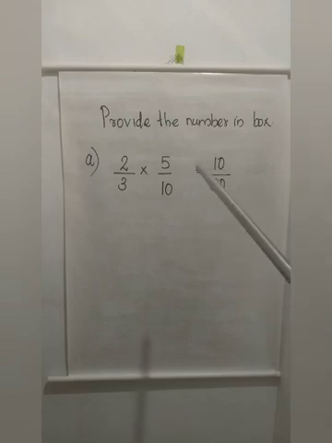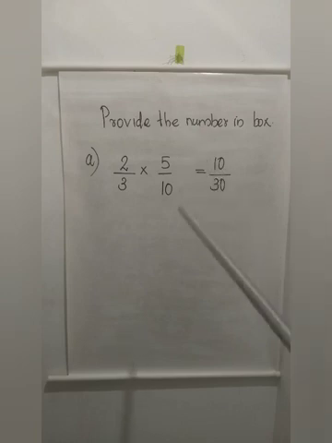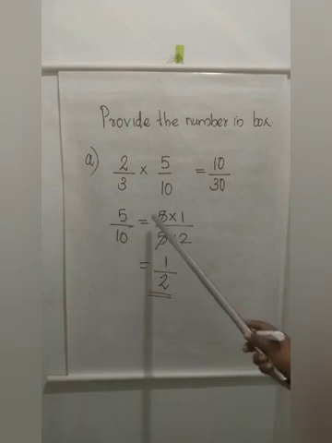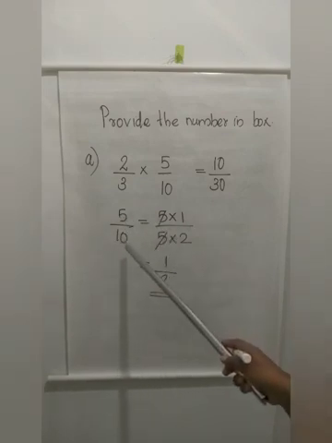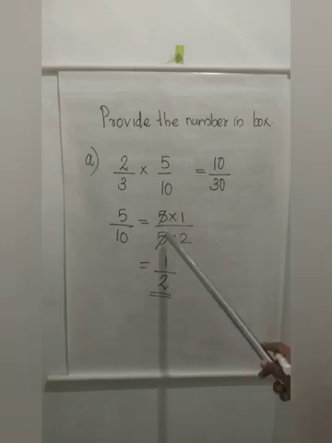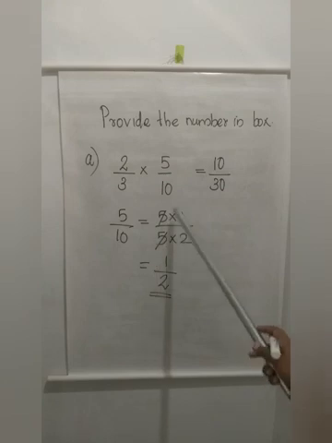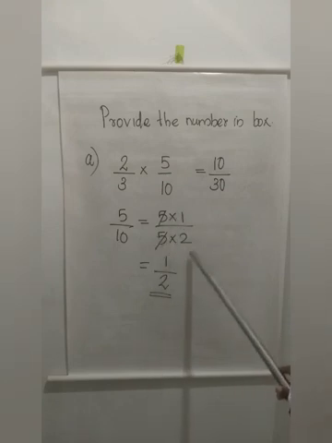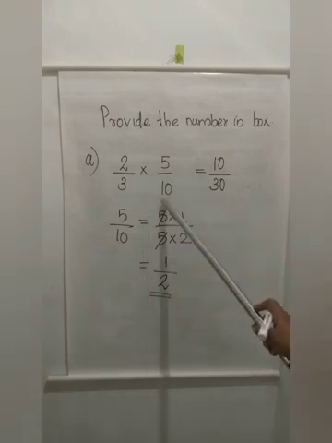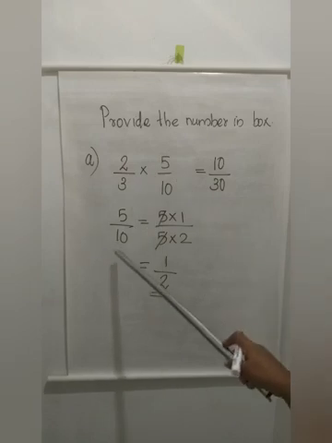We have to make it into the simplest form. How can we make that 5 by 10 into simplest form? So 5 by 10, I can write it as 5 into 1 itself, and 10 I am factorizing as 5 into 2. Now what is common here? 5 is common. So I am cancelling 5. What did I get in the remaining? Here numerator 1, denominator 2. So 1 by 2. So we got 5 by 10 in the blank and I made it into the simplest form 1 by 2.